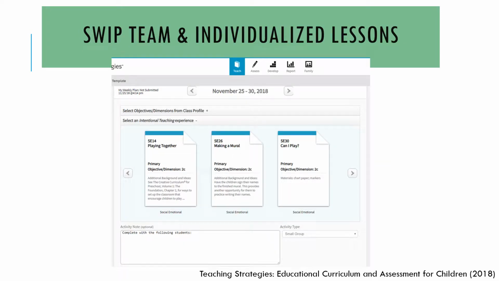The fourth and fifth action steps under Goal 1 are to work with the SWIP team and develop individualized lessons for students with disabilities. The SWIP team participated in the summer Responsive Classroom training provided by the district. They've been a resource for me to develop appropriate social emotional activities that align with the Responsive Classroom and Second